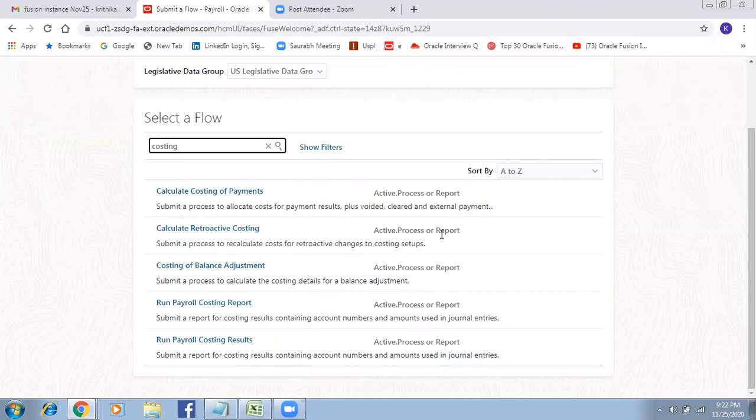Or these can be run separately also, costing of balance adjustments. If you are making manual adjustments to the balances, then you can do that. Or you can run the last two, these are reports. After costing, calculate costing of payment, then it's transferred to subledger.